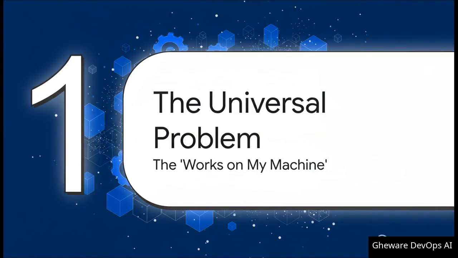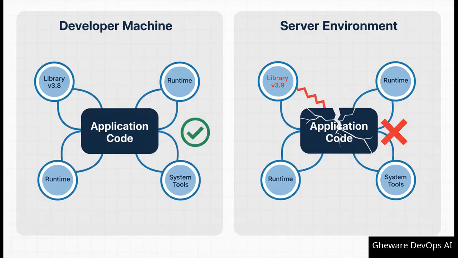So let's be really clear about this. This "works on my machine" thing, it's not just a small frustration. It is a massive roadblock in software development that burns up countless hours of people's lives trying to figure out what went wrong. And here's the real kicker.